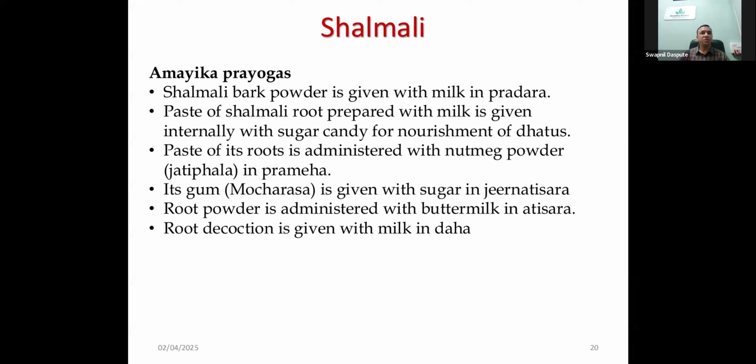In Amayik Prayogas, Shalmali bark can be used with milk in Pradara. Paste of Shalmali root prepared with milk is given internally with sugar candy for nourishment of dhatus. Okay, now wherever fresh root is present, if you can find or trace a Shalmali tree near your setup